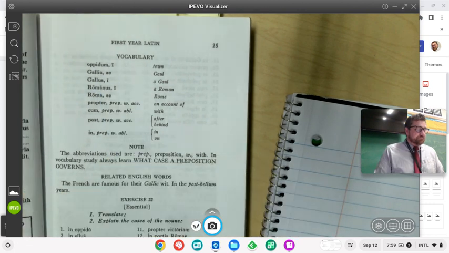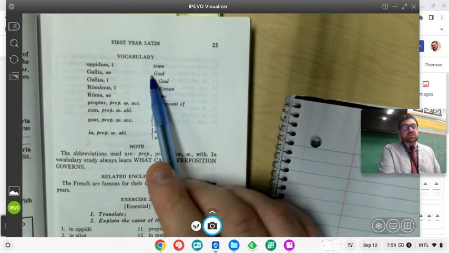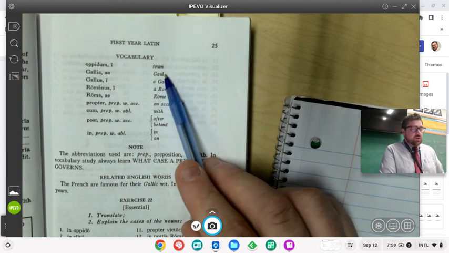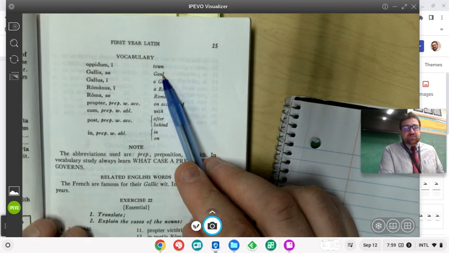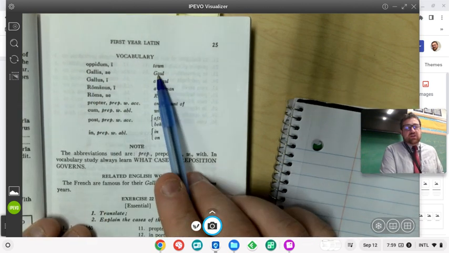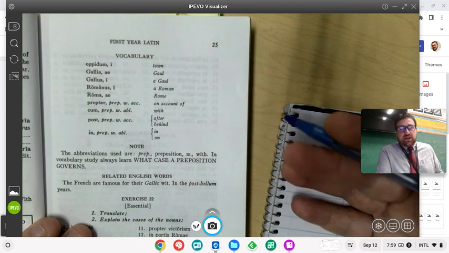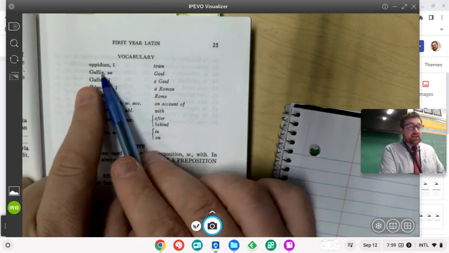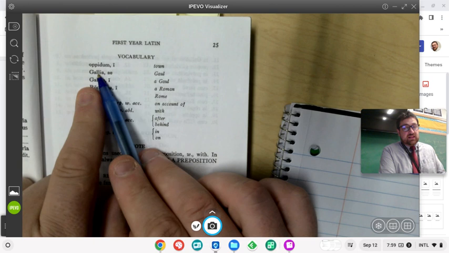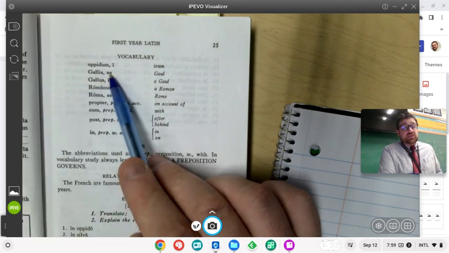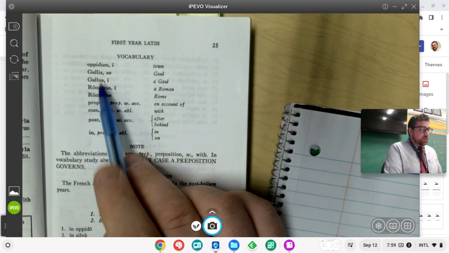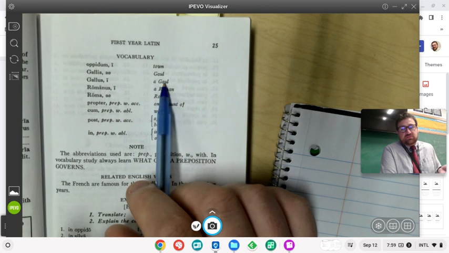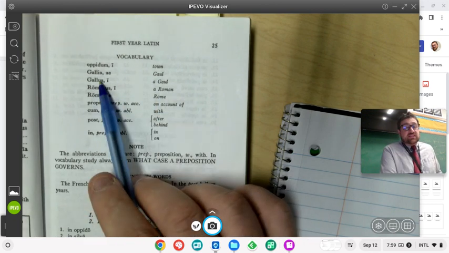Then we have Gallia. Gallia is Gaul, which is basically the area that we call France today, but Gaul is what we refer to that area as in English. So when we translate Gallia, we're going to translate it Gaul, but it wouldn't be terribly incorrect to say France either. Gallia is a first declension word, Gallia, Galliae, referring to the land Gaul. But a person who is a Gallus is a Gaul, a person from Gaul. And this is a second declension masculine word.